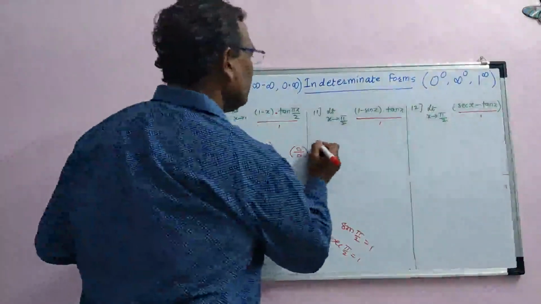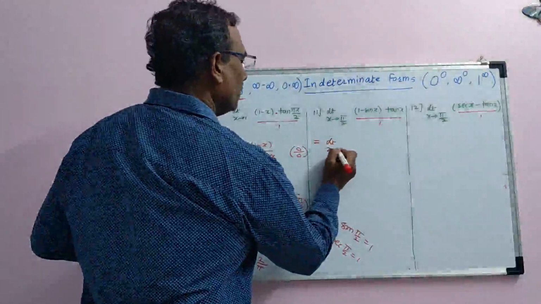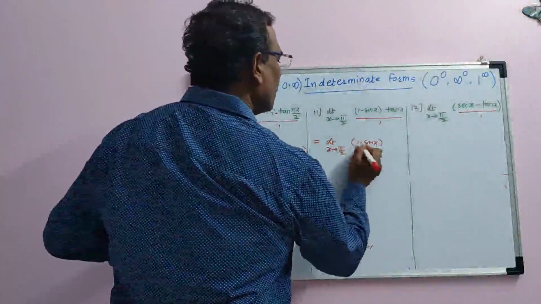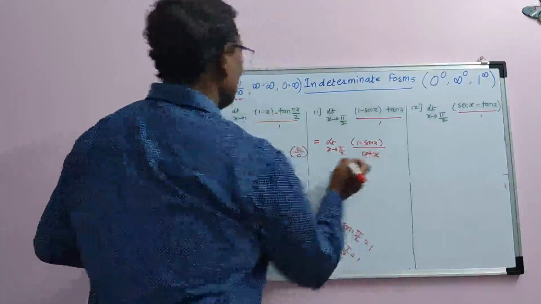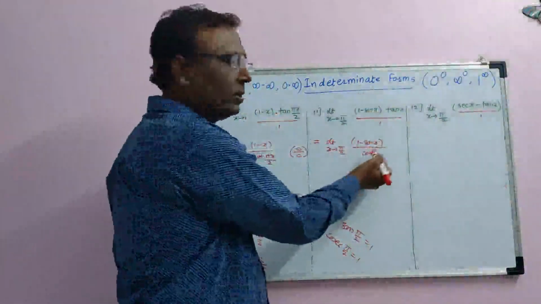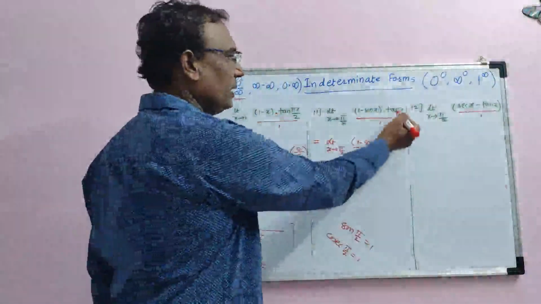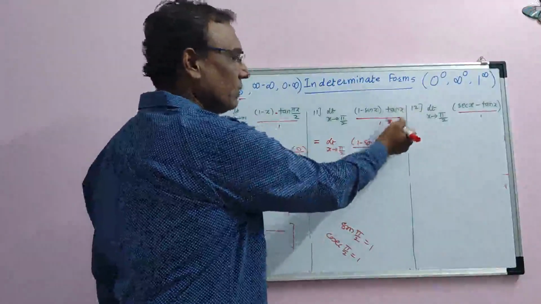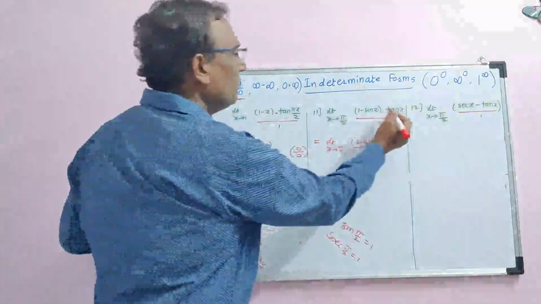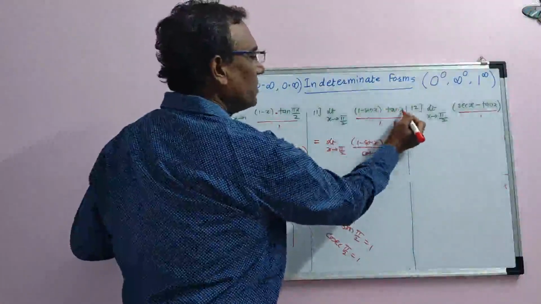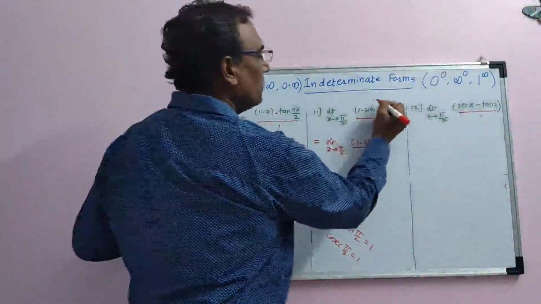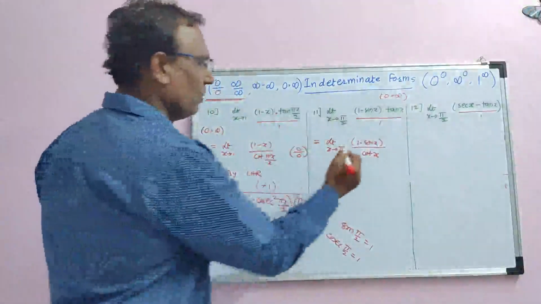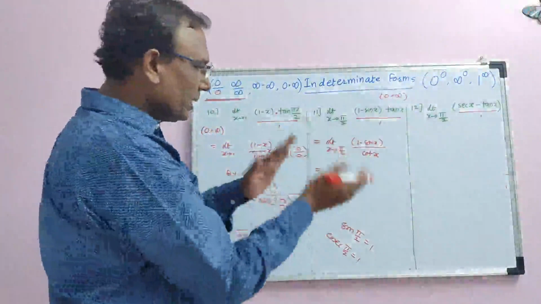Here, same thing again. Limit x tends to pi by 2. The trigonometric function you can bring in the denominator. Tan can be written as 1 by cot; if cot is there, you can write 1 by tan; if sec is there, you can write 1 by cos; if sine is there, you can write 1 by cosec, like that. If you put x equal to pi by 2, tan pi by 2 is infinity, and sin pi by 2 is 1, so 1 minus 1 is 0. This form is 0 into infinity. But no need to check the form; you try to bring the situation to numerator by denominator.